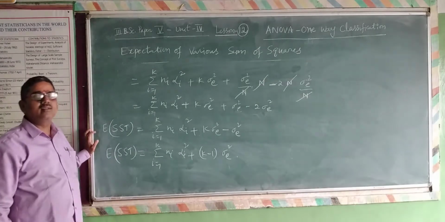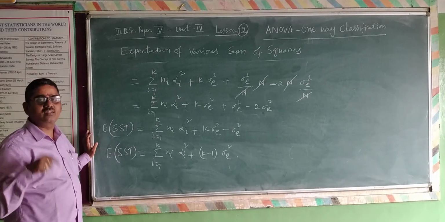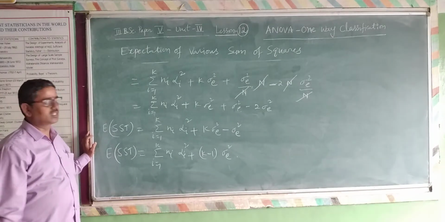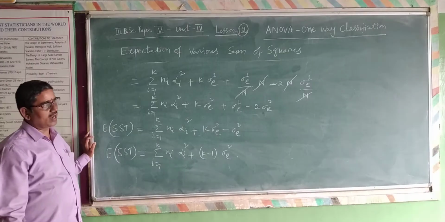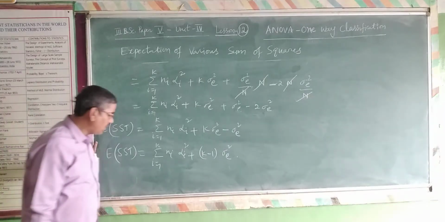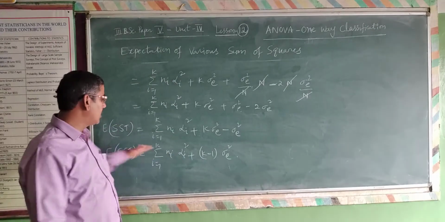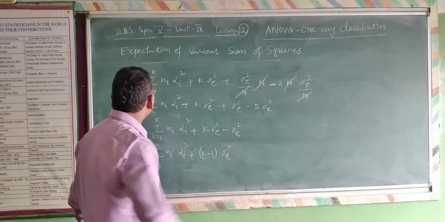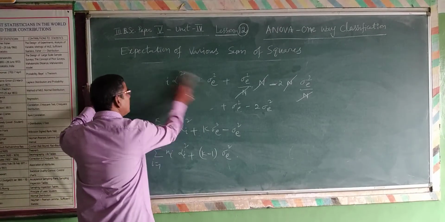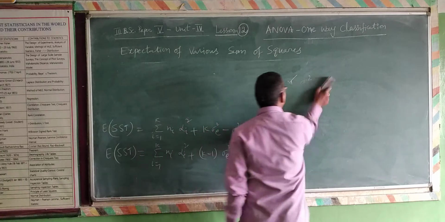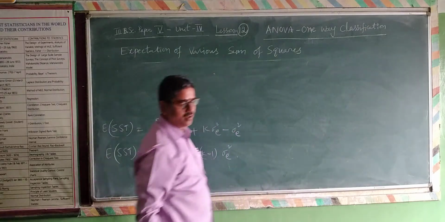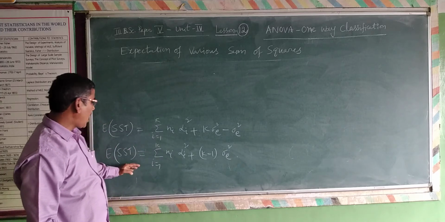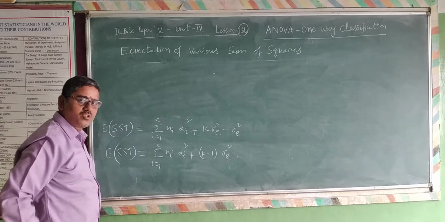I also explained the expectation of mean sum of squares due to the treatments, MSS, mean sum of squares for treatments. So I have considered this S_T squared, for which you have to divide by the degrees of freedom k minus 1. Then what I do here, do you understand this? So I have calculated expectation of SST. But of course, whatever is specified in the heading was calculated. But now I am still proceeding further.